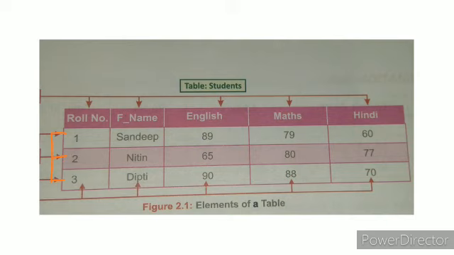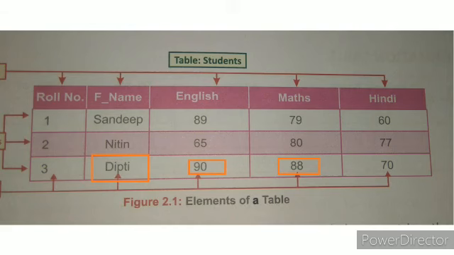In a particular student, a single person, the details will be roll number, father name, English marks, Hindi marks, like that. This description will be there in the records. For example, if you enter the data from all the fields such as roll number, name, Hindi marks, English marks for a student, it creates a new row in a table which is called a record. Okay, children?